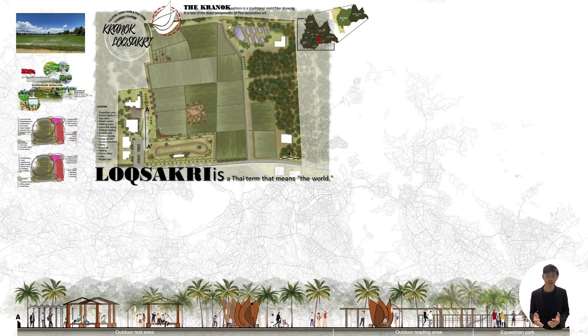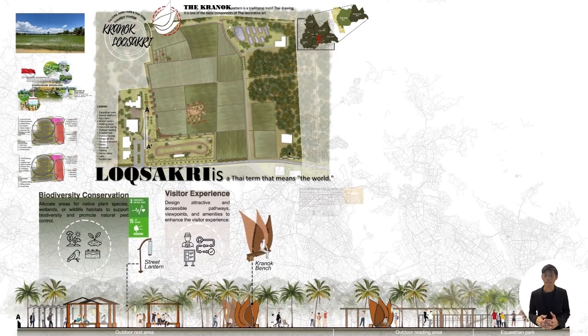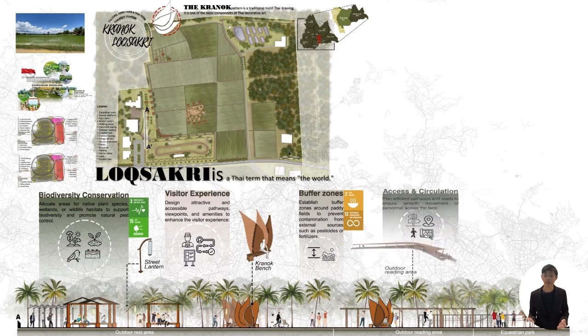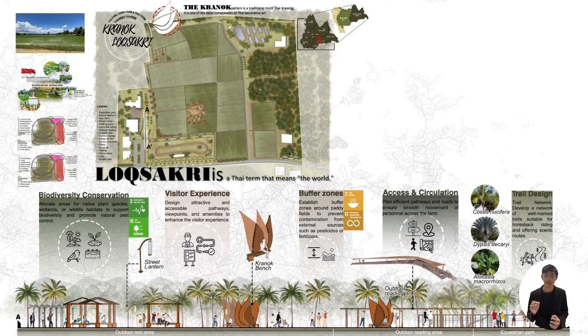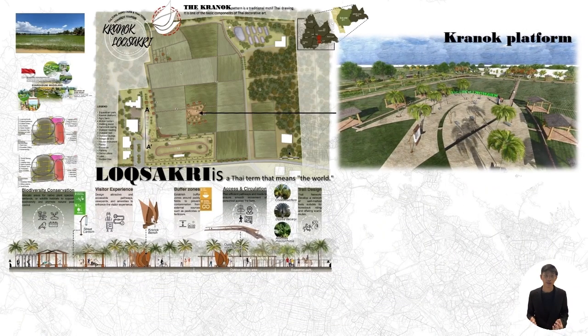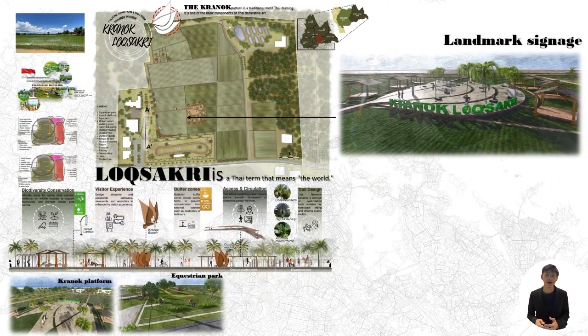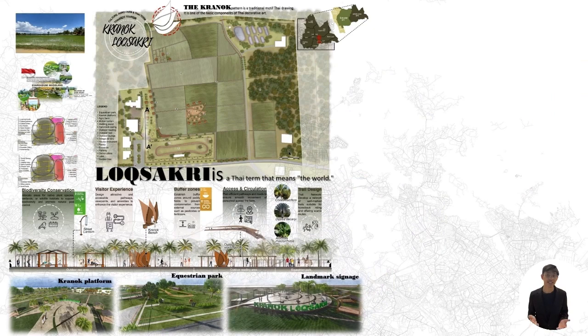Followed by design strategy, namely biodiversity conservation, visitor experience, buffer zones, access and circulation, and the trail designs. In conclusion, these 5 strategies offer living habitats, tourism, center, and activity related to culture and nature. This is a perspective view showing the Kranat platform area, equestrian park, and landmark signage. These 3 spaces function as the large perspective that can be seen from afar and become one of the main attractions. My last presentation was